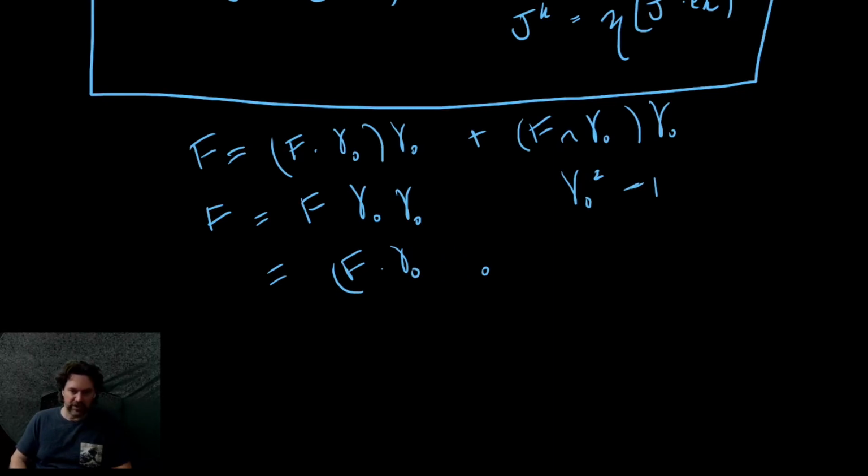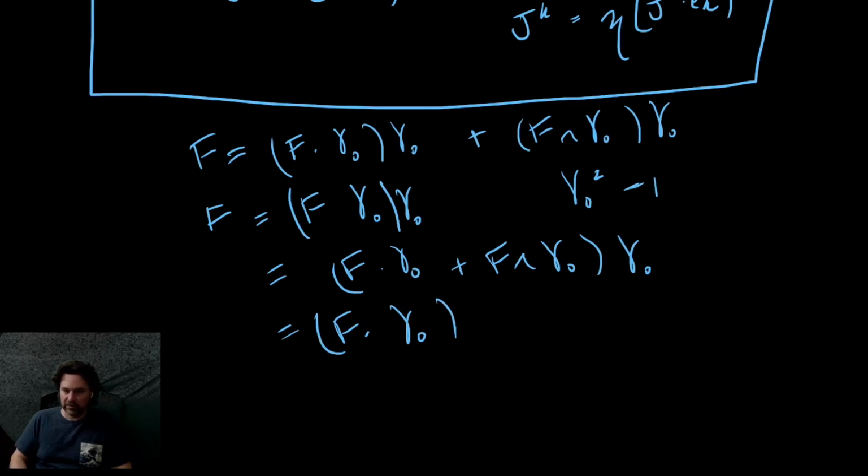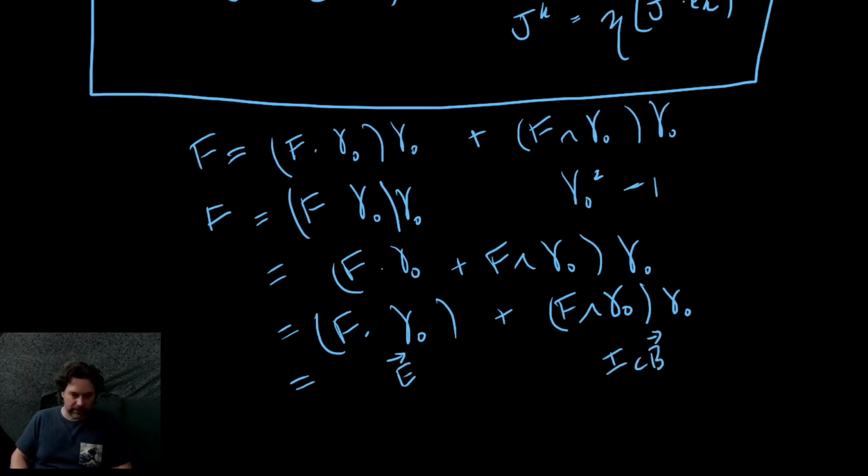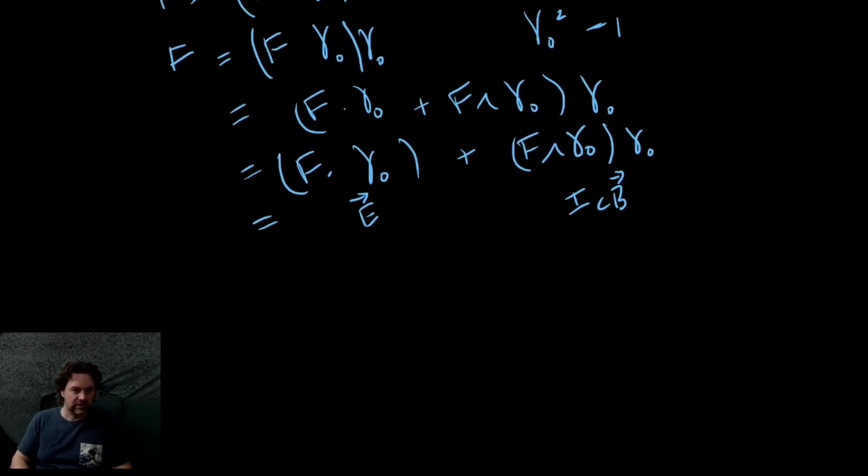So F gamma naught, if we pick this order to expand the products, is F dot gamma naught plus F wedged with gamma naught, and then we'll have multiplied by gamma naught. So F dotted with gamma naught plus F wedged with gamma naught, all times gamma naught. This is the electric field component, and this is the dual magnetic field component. So we can write our electric field is F dot gamma naught,